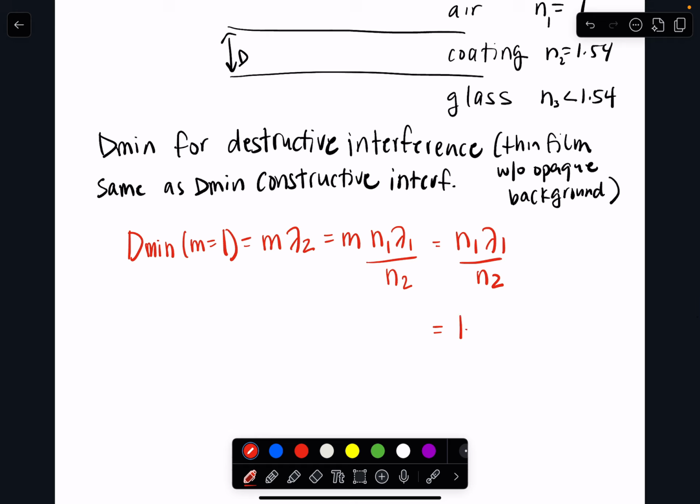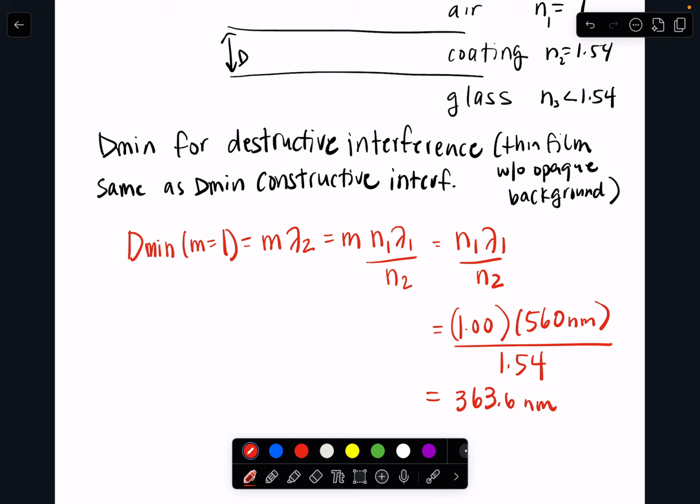So n1 is air, lambda 1 is 560, n2 is 1.54, and so we get 363.6 nanometers. So that's going to be the minimum thickness for destructive interference on thin film 2, which is the